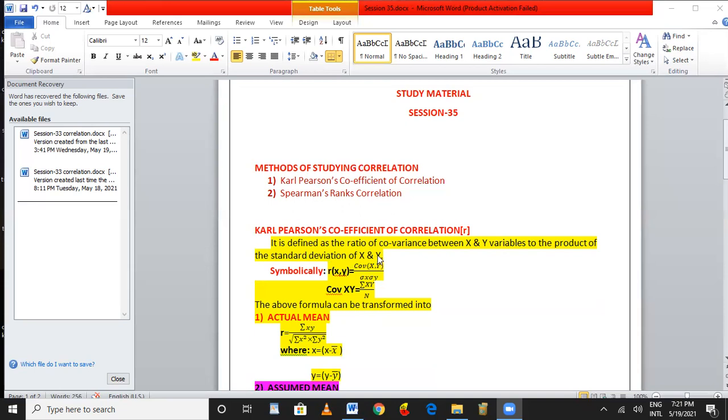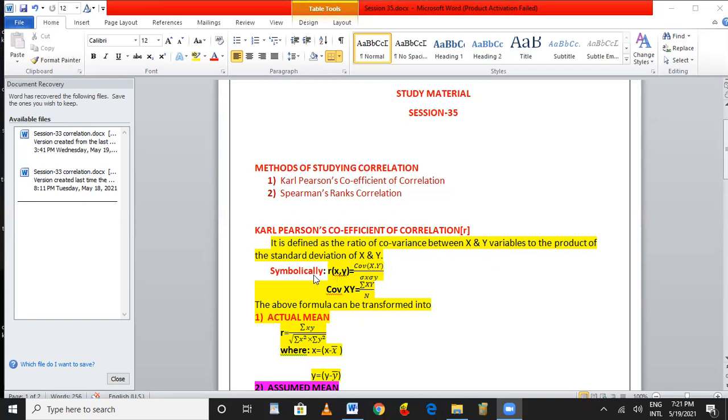Here we use the standard deviation. Standard deviation has good mathematical properties when compared with the others. It uses the square root and fulfills other mathematical properties. For that reason, standard deviation has been used in the correlation.